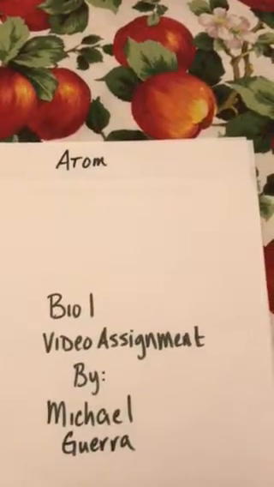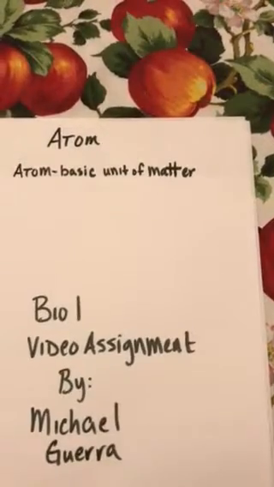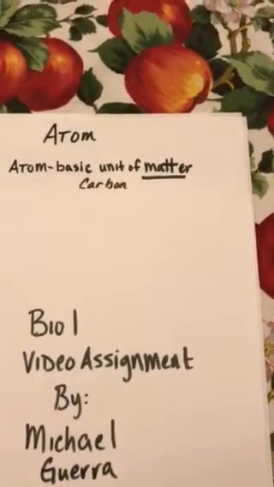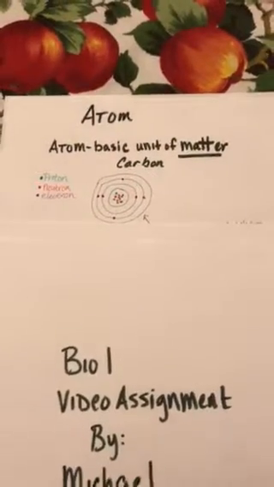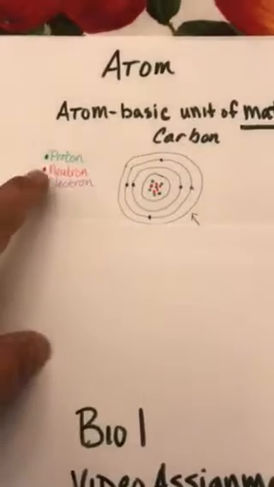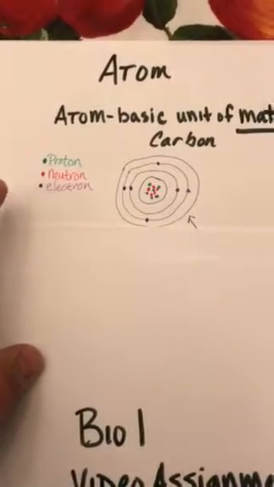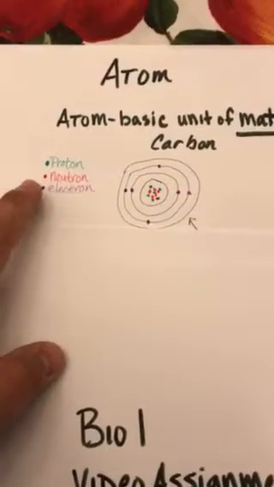Now, what is an atom? An atom is a basic unit of matter. What I did for you is I drew the sample atom of carbon. All atoms come with subatomic particles. The subatomic particles include the proton, which has a positive charge, the neutron, which has a neutral charge, and the electron, which has a negative